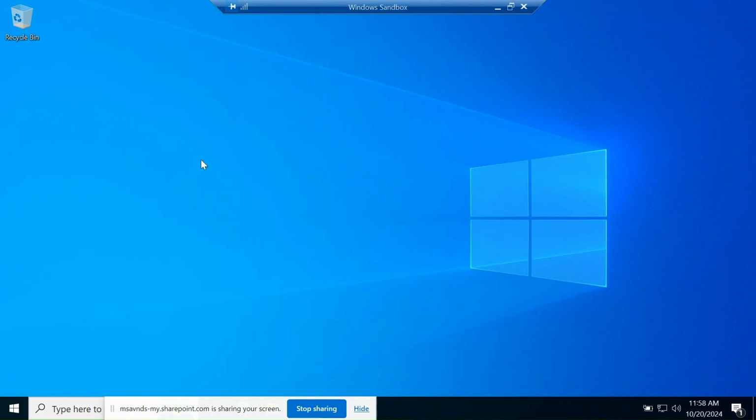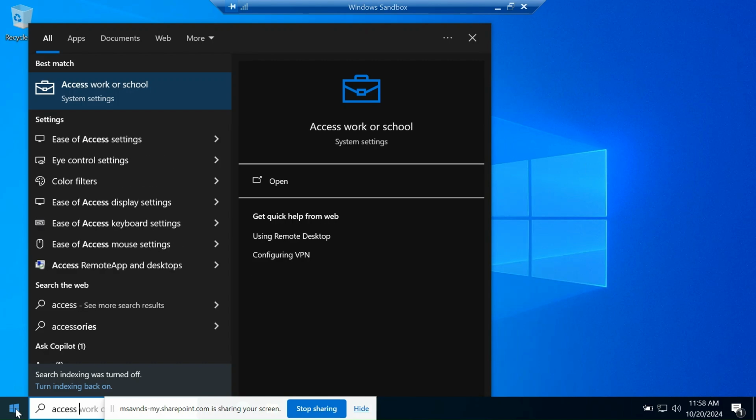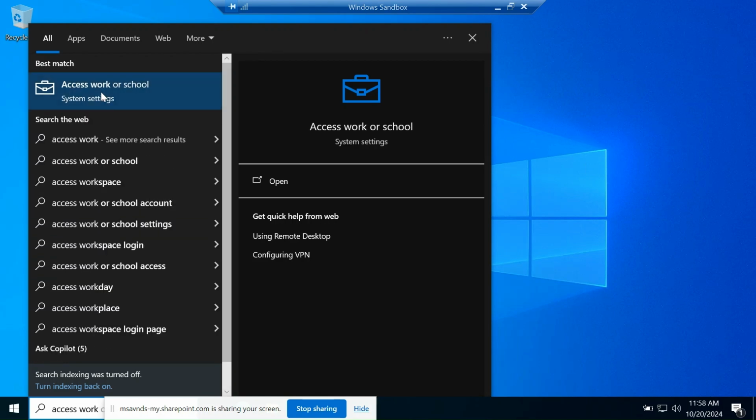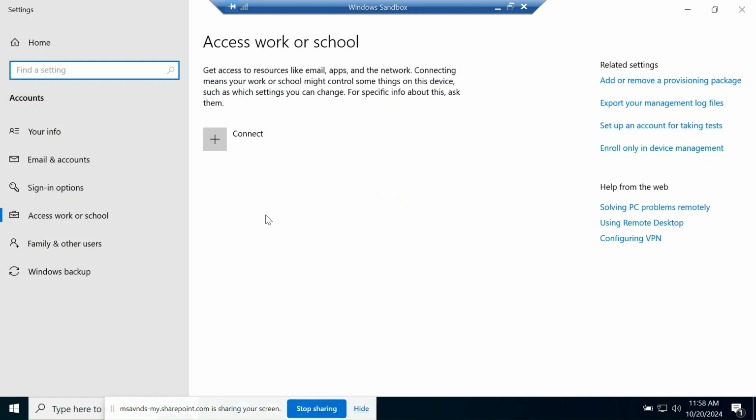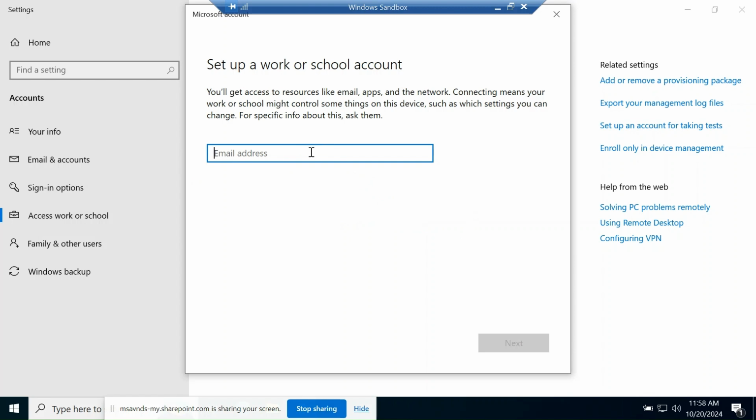So this is the virtual machine, right? And I'm going to search for access work or school. This is the setting or option from where we can register a device, and also join a device to the domain, right? To do that, you need to click on this Connect button here. And then there's also another way: instead of going through this one, there is the option to enroll only in a device management platform. This is going to give us a direct enrollment into Intune,